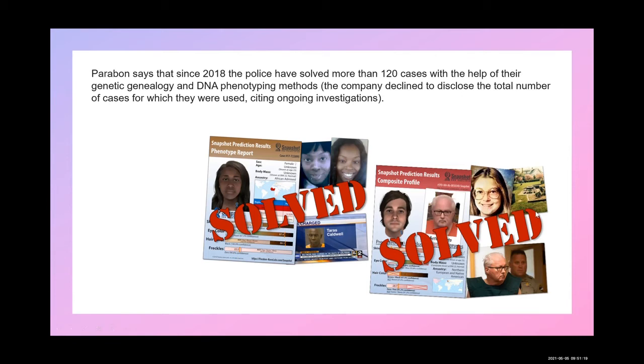So what they do is, in this case, for example, they have an unidentified person, a Jane Doe, a body, perhaps, and perhaps this body is at a point where it's degraded to the point where you can no longer identify facial features, or maybe it's completely a skeleton, or maybe you only have a part of a body, like a limb or a tooth or a bone. So what this company's technology,